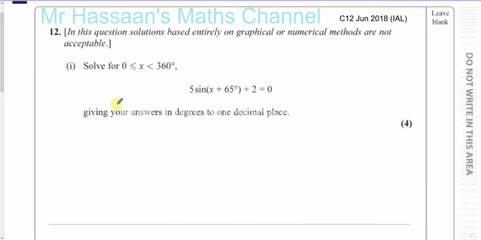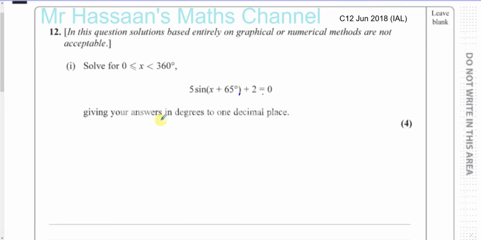So basically this question is telling us to solve for values of x between 0 and 360 degrees, where 0 is included and 360 is not. The equation 5 sine of the angle x plus 65 degrees plus 2 equals 0, giving your answers in degrees to one decimal place. Okay, so we have to first of all rearrange this so we make the sine of